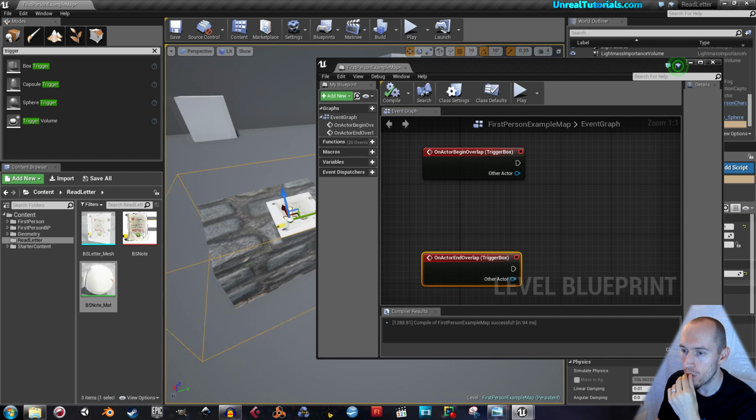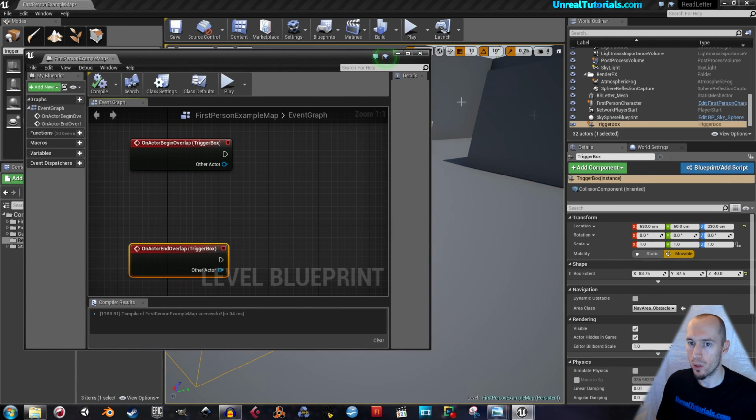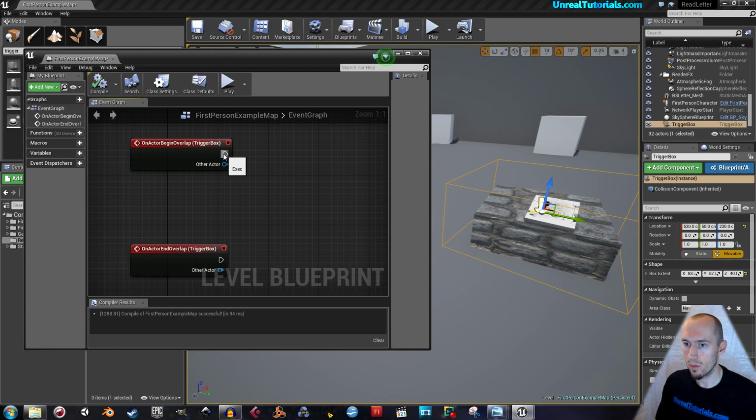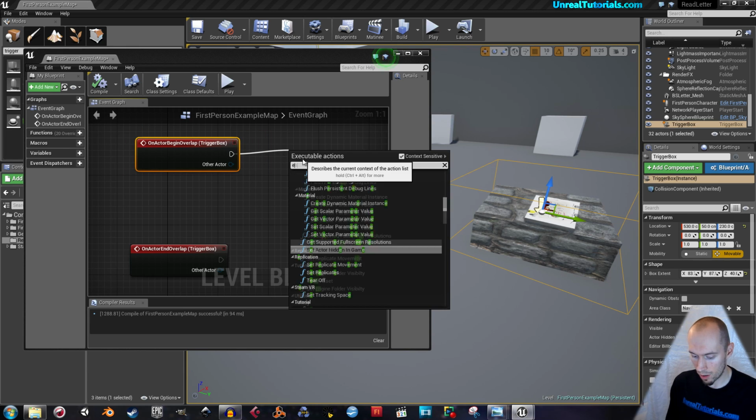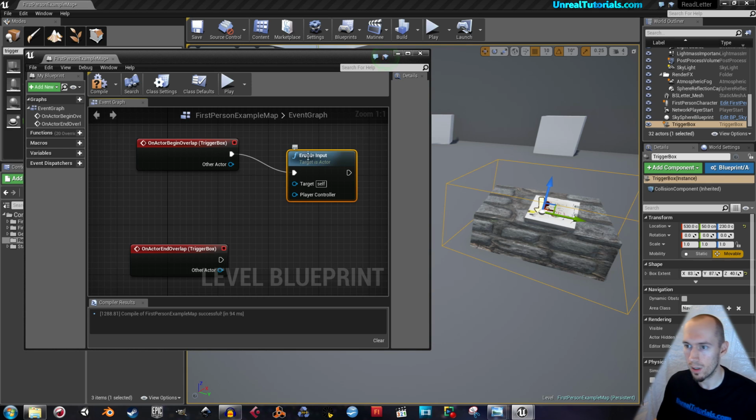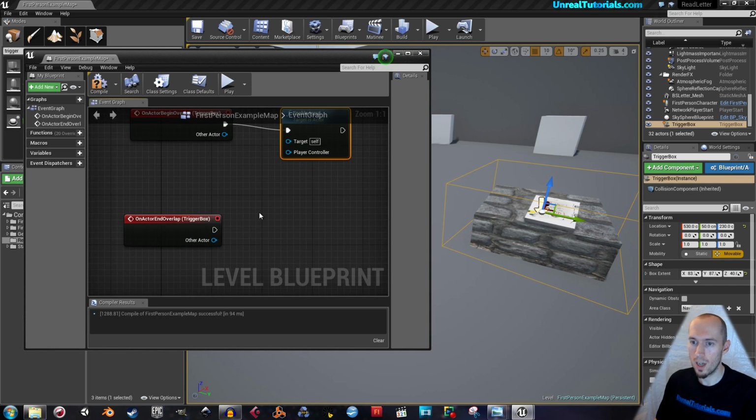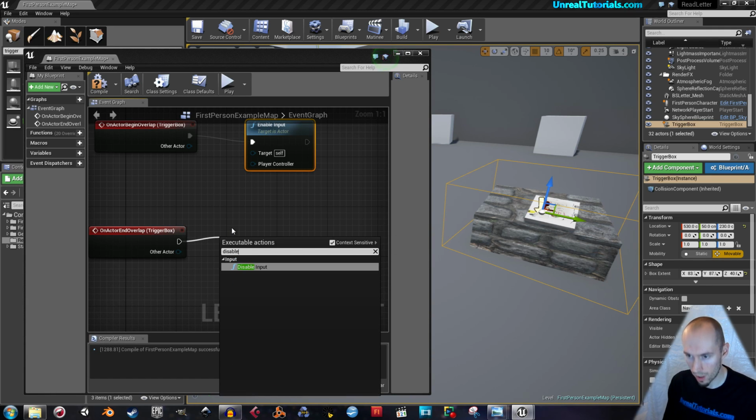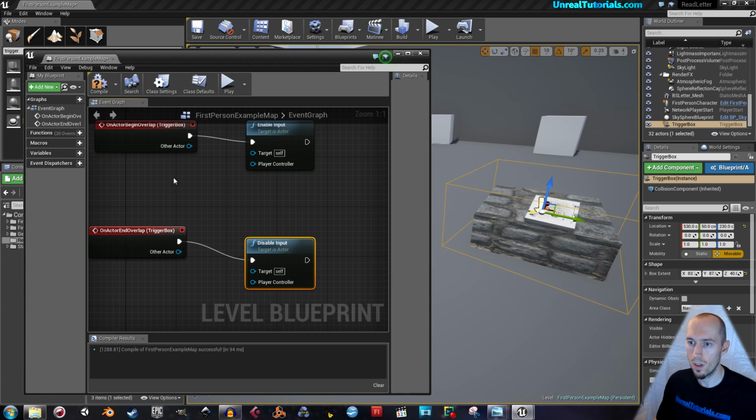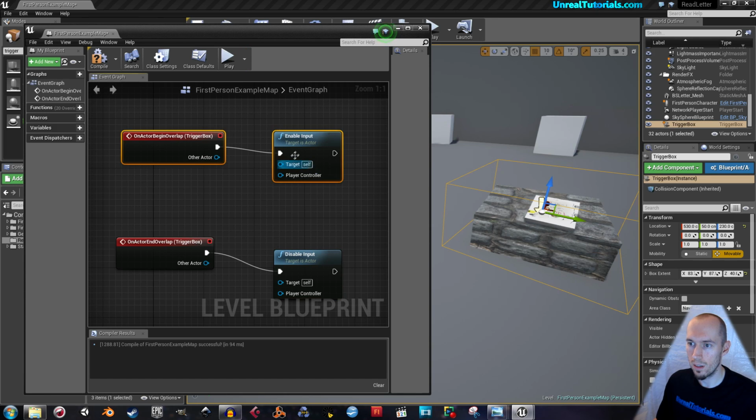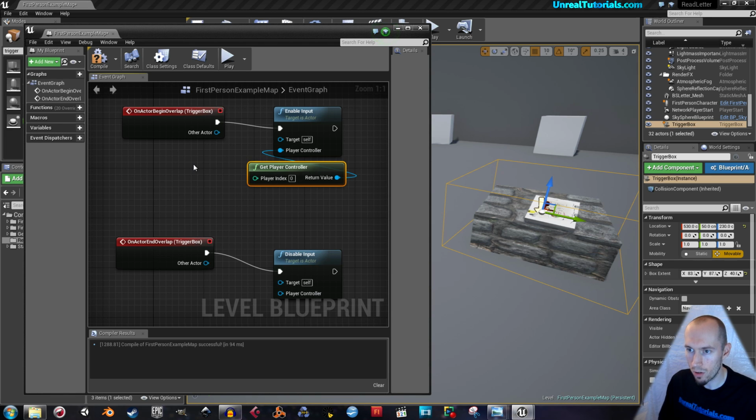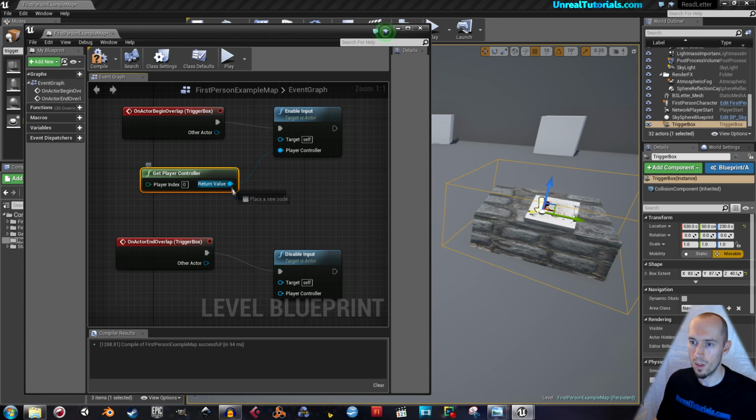The next step will be to enable input, because when you enable input, you will be able to input a key. So you can drag this out and then search for enable input, like that. And also when he exits the overlap, you will disable the input. So drag this out and search for disable input. And we need to find something to drag here for the player controller, so we will just search for get player controller and connect both of them to that and compile